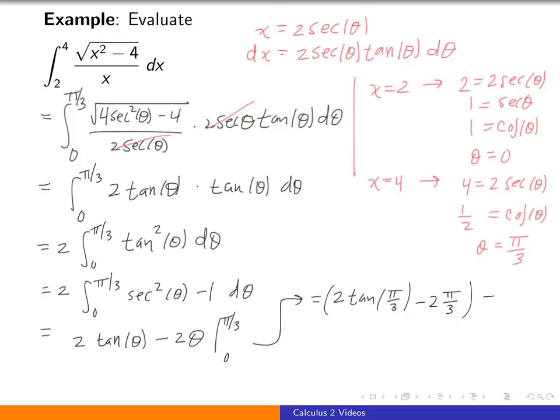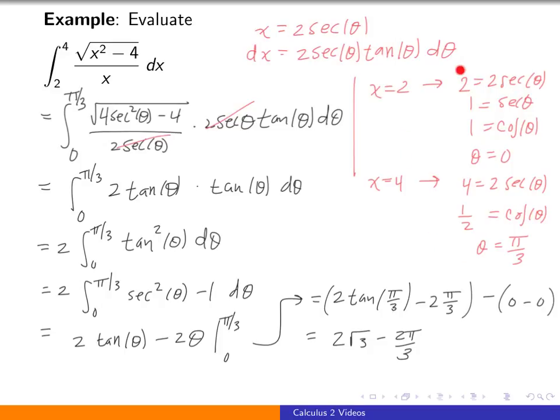And then we subtract away what we get when we plug in 0. But note, tangent of 0 is 0, and then we're subtracting away 2 times 0. So what we are left with is 2 tangents of pi over 3, and tangent of pi over 3 is square root 3, minus 2 pi over 3. So note, from a procedural standpoint, when it is a trigonometric substitution in a definite integral,